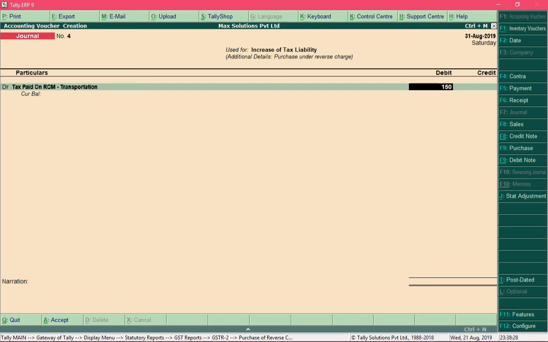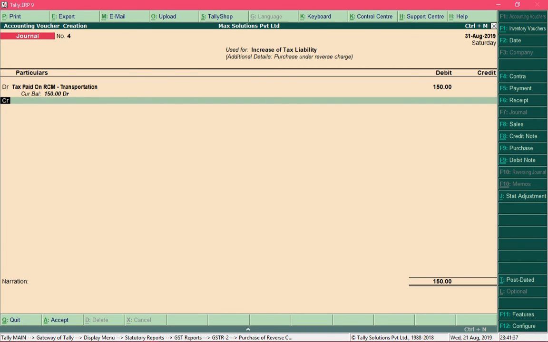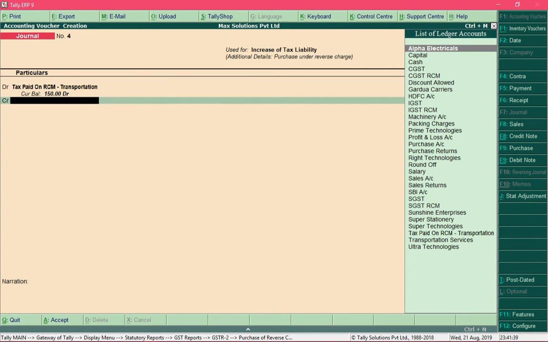So that is why I created this ledger under current assets, and since it holds value in the future, that is why I am increasing its value by rupees 150, and by rule assets increase with a debit, so that is why I debited this ledger. And we know that credit increases liability, so we are required to increase liability towards SGST and CGST. So I will credit those ledgers,